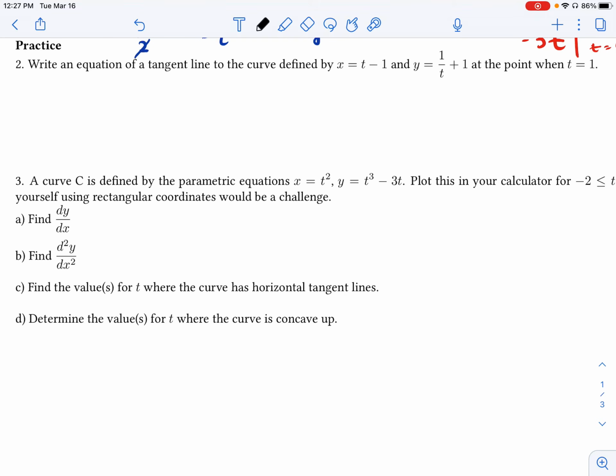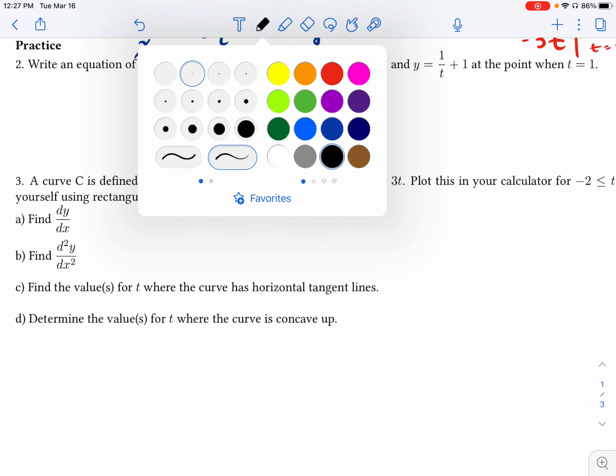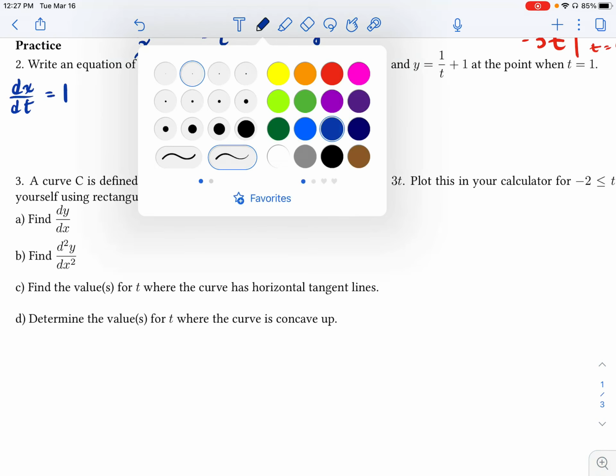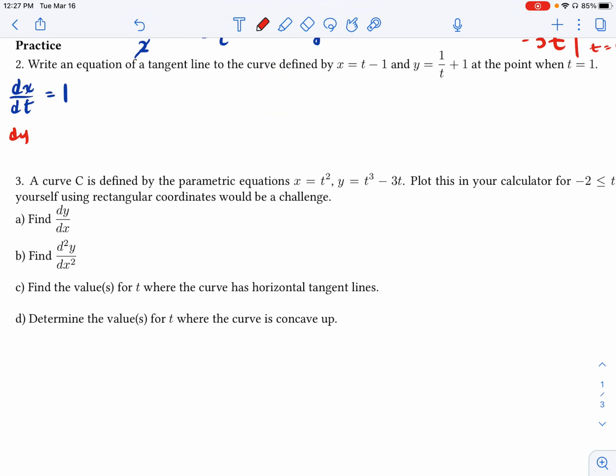All right, so let's find, starting with dx/dt. So we know what x is, so dx/dt is simply going to be equal to 1. Now dy/dt is going to be, let's see, the derivative of 1 over t is going to be negative 1 over t squared, okay? So now let's put this, when t is equal to 1,